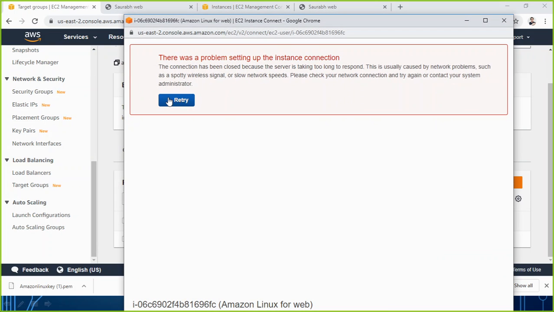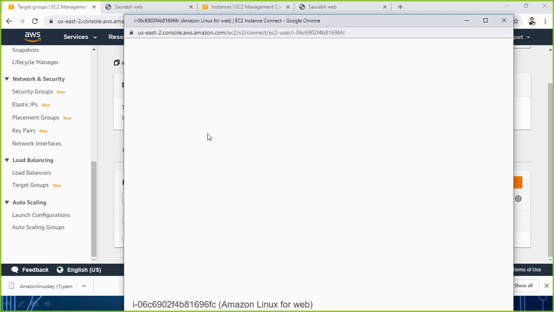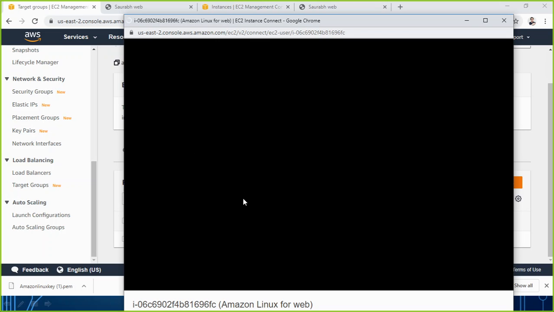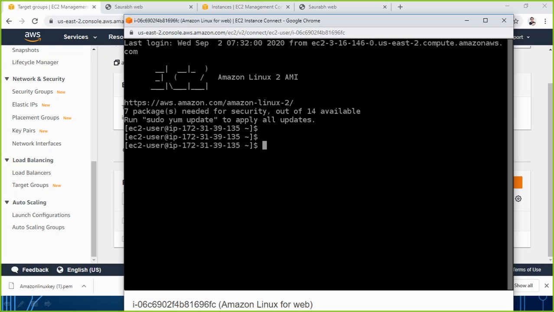Maybe I go there, I go to the console of this instance, and I'm going to do one experiment: sudo mv, I'm going to move that index file from there. I'm not going to delete, because delete means I have to create it once again. We are just testing it, so I'm just going to move that file. Sudo move